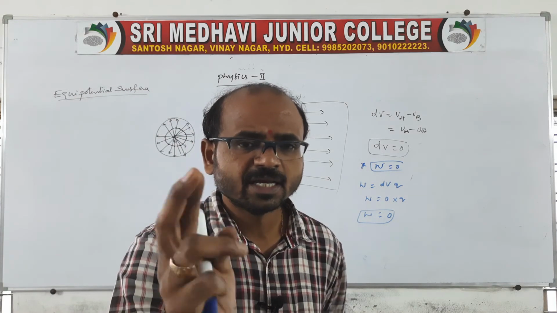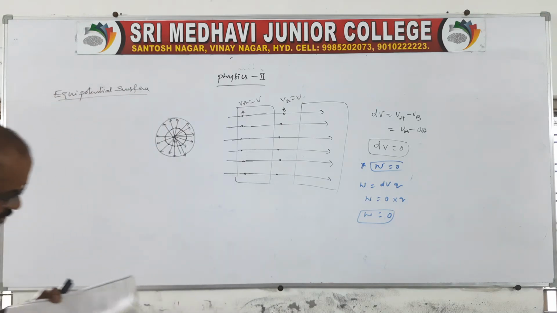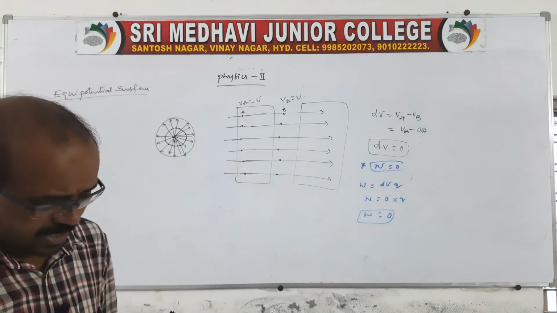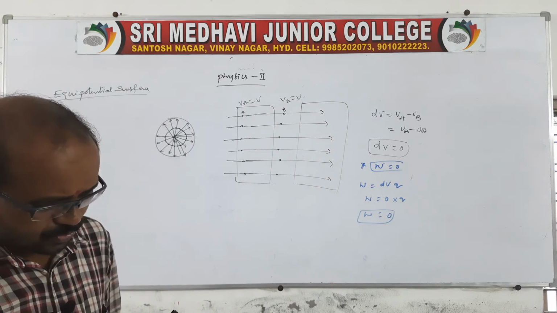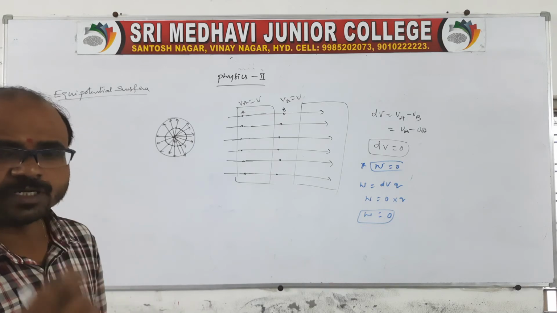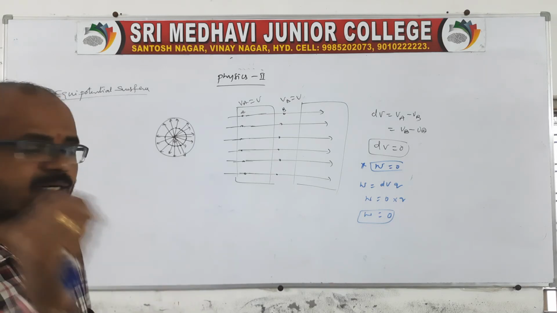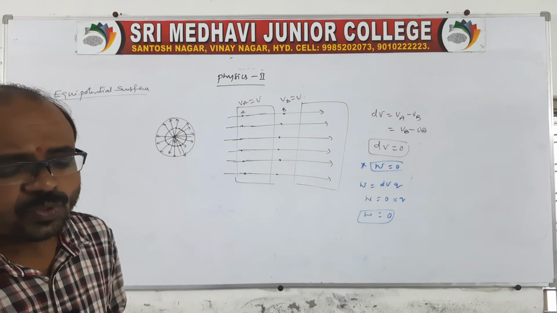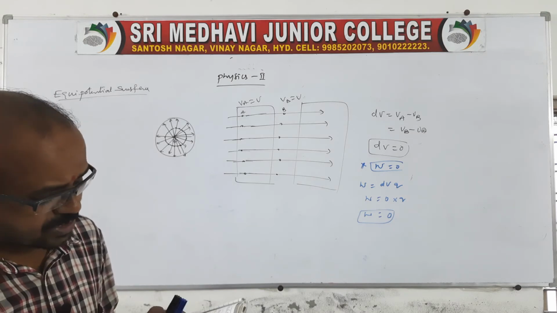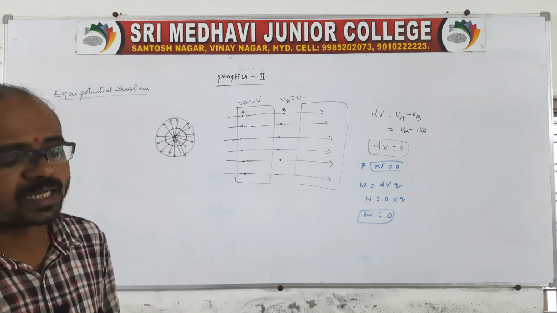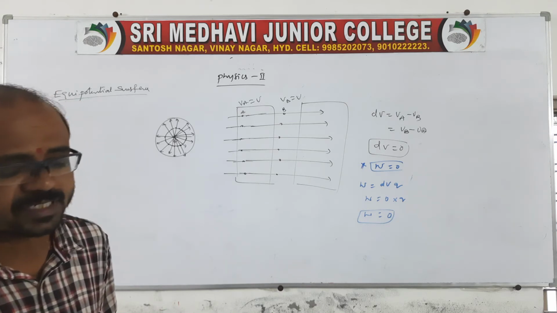If they intersect, at the point what will we get? There we should get a field with two different directions. At the same point, there will be two different potentials, which is not possible. At the point we should get two different potentials, and at the point two different electrical field intensities, which is not possible. So no equipotential surfaces intersect.